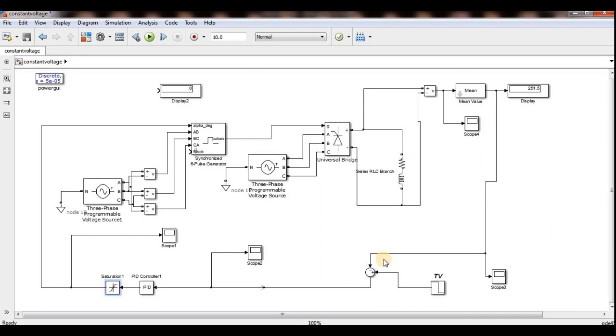But in my previous video also I explained we should not take it like this because the output depends on alpha. If alpha is more, my output is very less. If alpha is 90 degrees, I mean it will fire at 120 degrees, my output is 0. If it is 0, then I can get the maximum output. So it is inversely proportional. So inversely we have to take.